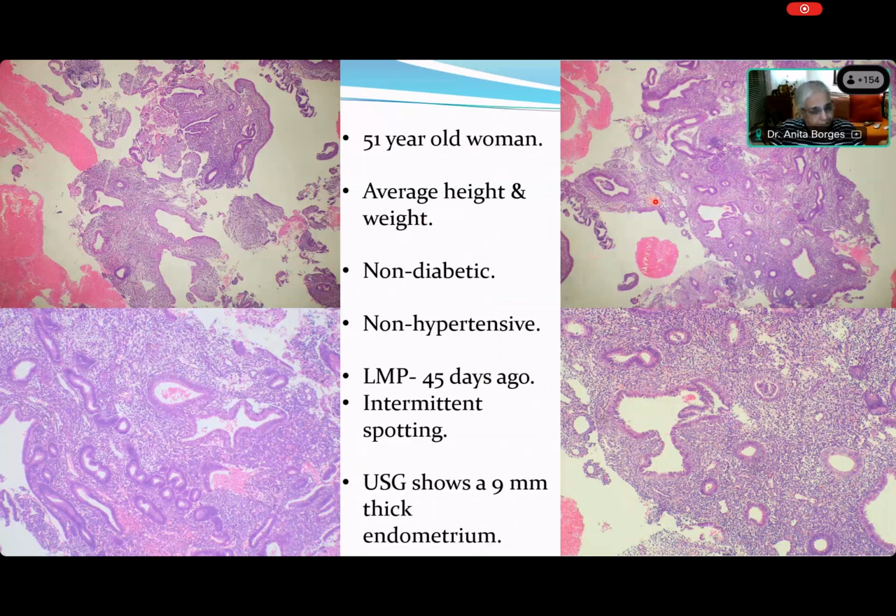So now you tell me, why does she have this endometrium like this? She's not obese, average height and weight. She's 51. She's not diabetic. She doesn't have metabolic syndrome. Tell me, why? Perimenopausal. Excellent. So if you had to explain to somebody why this endometrium is the way that it is, what has acted on this endometrium and what has not acted on this endometrium?